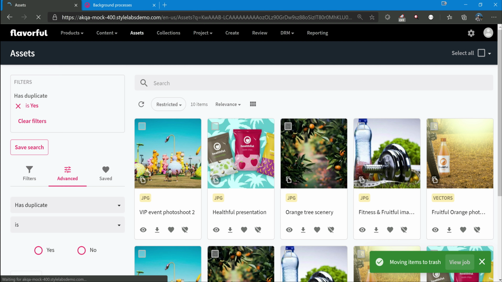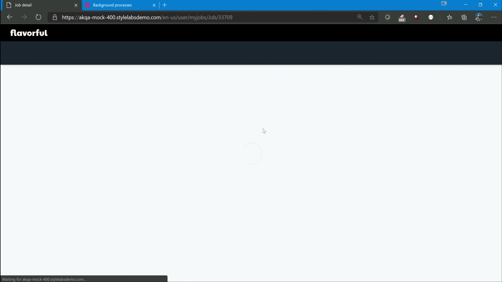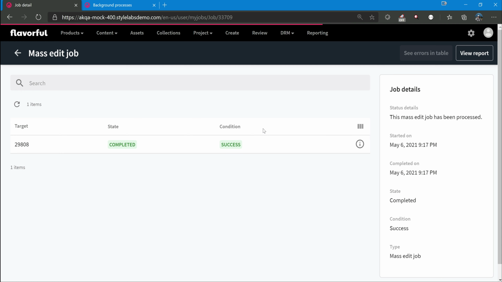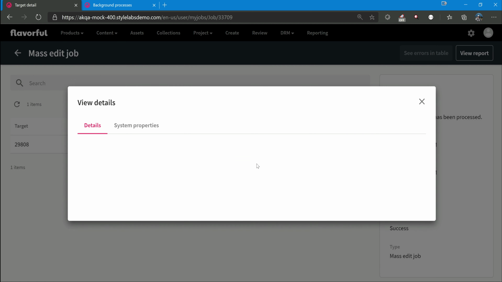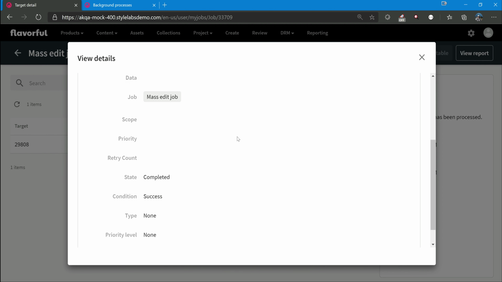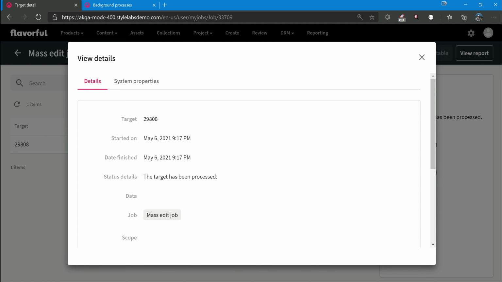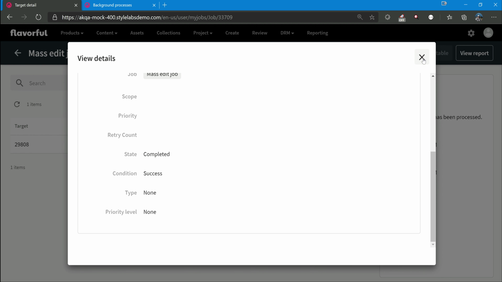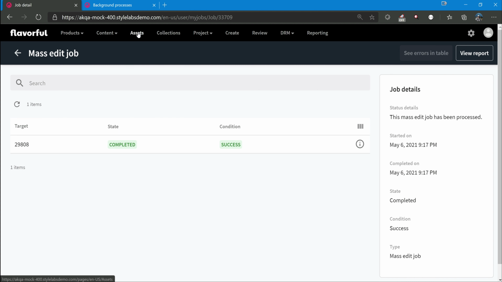So okay, now there is a job created. Let's see what is a job. Remember when we are on the asset page, it did not create any job because it knows which ID and directly it is deleting. But when you are on the asset search page and selecting some assets, even one asset also, it creates a mass edit job. Then in that job it will run. So it creates a job, kind of a worker process, and based on that job it will execute. As it is one, it is already completed. So let's close this. So these are the ways we delete here.